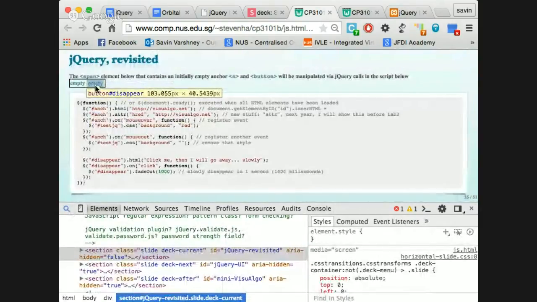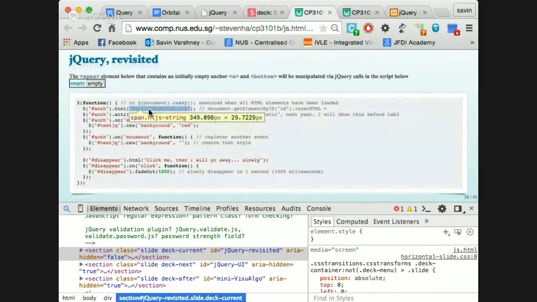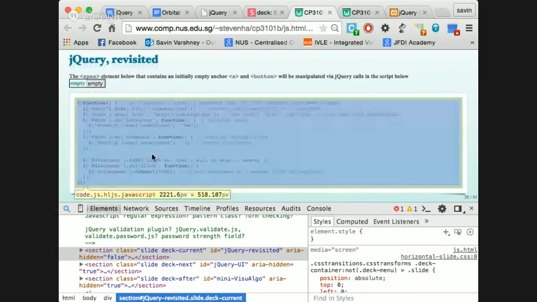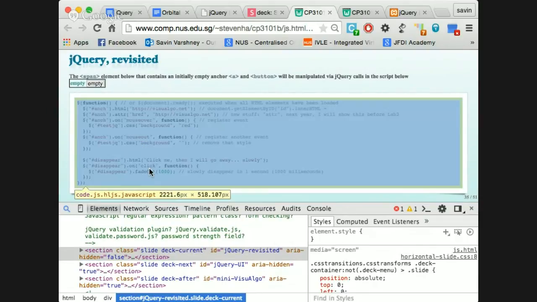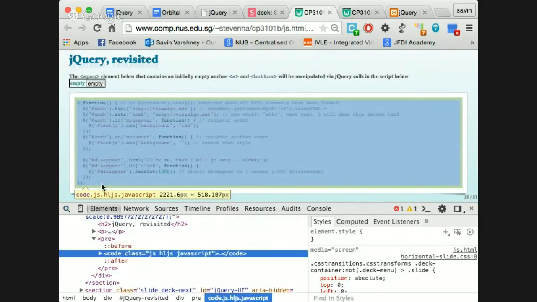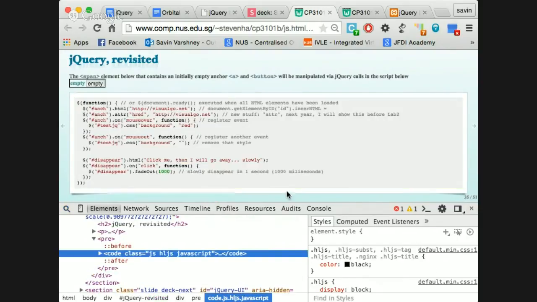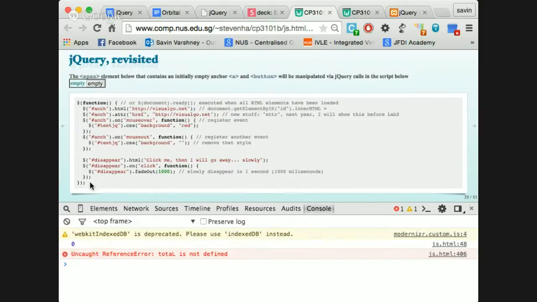So you see, this is the anchor tag with the ID anchor. When I run this code, this should update the URL and register a mouse over, change the background, and mouse out, and all these functions. So you'll see I'm making use of the selectors, the event handlers, and the basic animation of fade in and fade out. If I just show it again to you, you can go to the console and